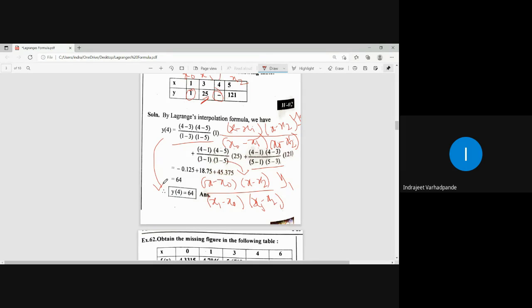Here I cannot predict it because there is no certain formula or relation I can think of. 1 for 1, 25 for 3, so neither cubic nor square, no relation can be estimated or predicted. Therefore, whatever answer we have got, we will try to see to it that it is always correct and calculations are done in a proper manner, so that there is no other way of checking whether it is correct or not, because we cannot predict the functional relation defined for the variables x and y.